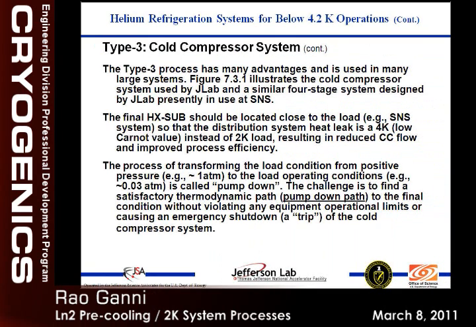So this has many advantages. One is we don't have any warm subatmospheric components. Everything at room temperature is above atmospheric pressure, so there is very low susceptibility to contamination in the subatmospheric part. And this process is probably the most efficient compared to any other we know, if the cold compressors are designed